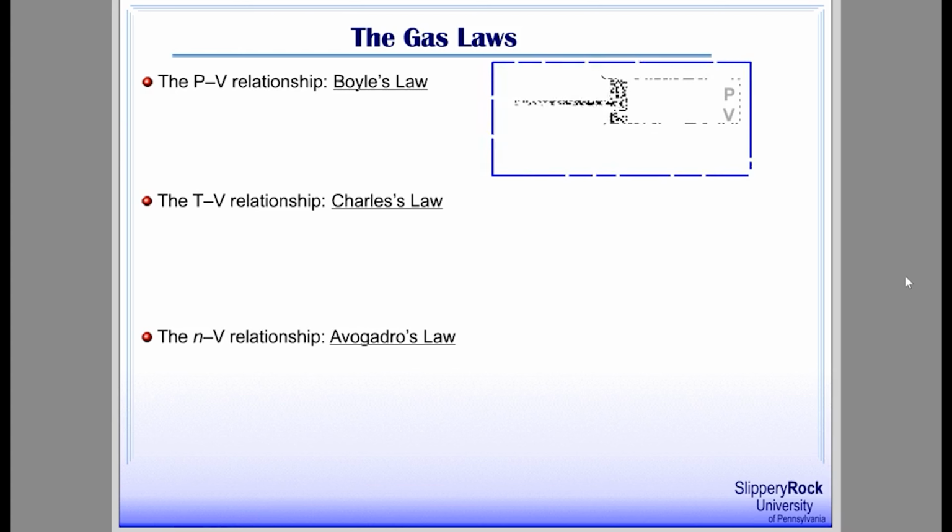Look at this illustration. Let's assume that the cylindrical container has a fixed amount of gas. The movable piston keeps the gas inside the container, so the quantity of gas, or the moles of gas, remains constant. Assume that the temperature of the gas also remains constant.